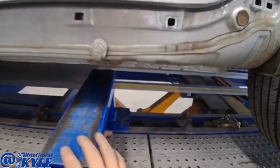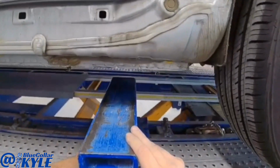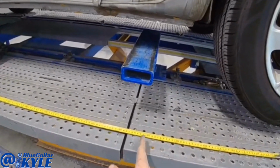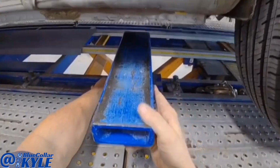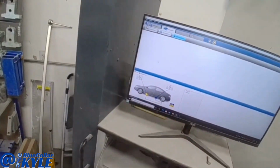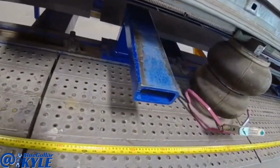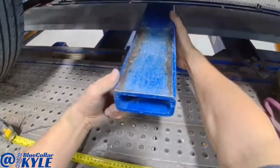So they have measurements of where they want these clamps at, and you come off the center of the rear wheel, and this one's at 570 millimeters, and then the front one is at 2160. Gonna be right about